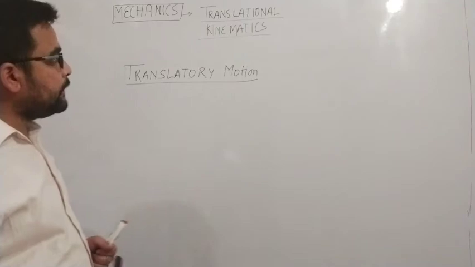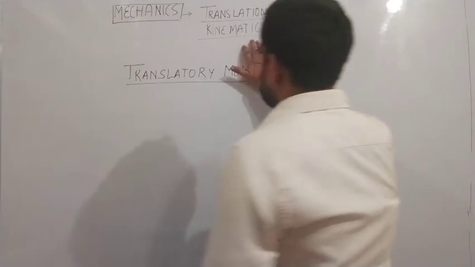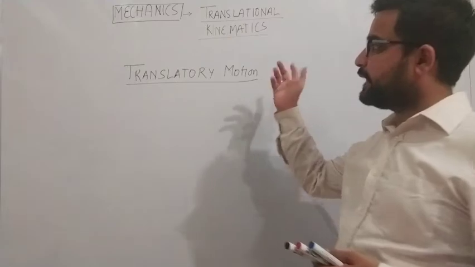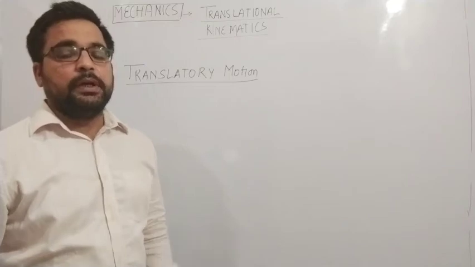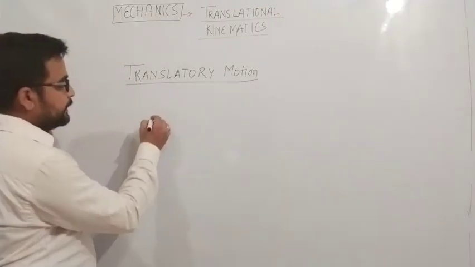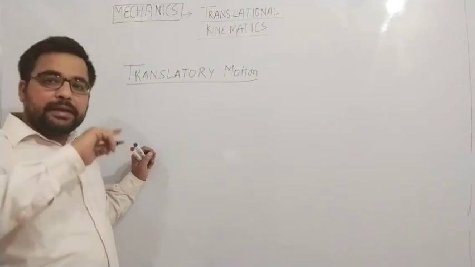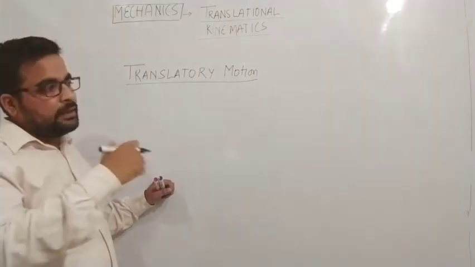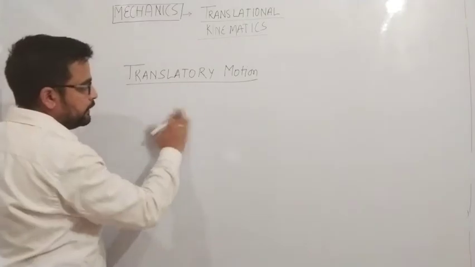As far as kinematics is concerned, in kinematics we learn about those parameters which are used to describe the motion. So now, to learn about those parameters, first we are going to consider a particle, and the particle is moving in a given path in space. Then accordingly we will see the explanation of all the parameters.